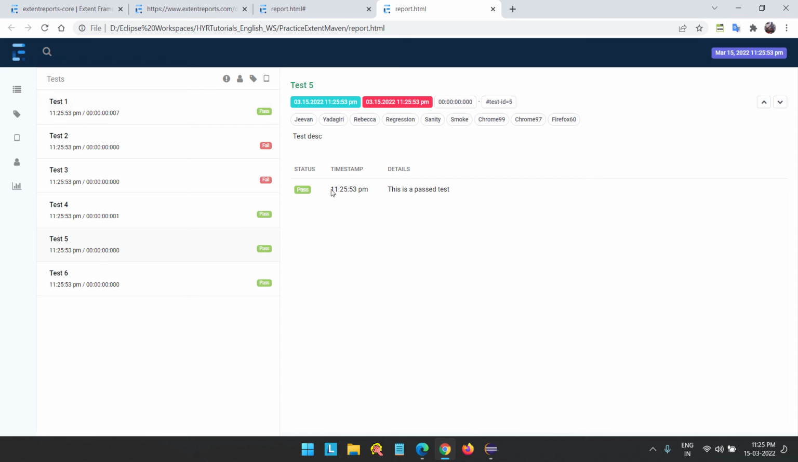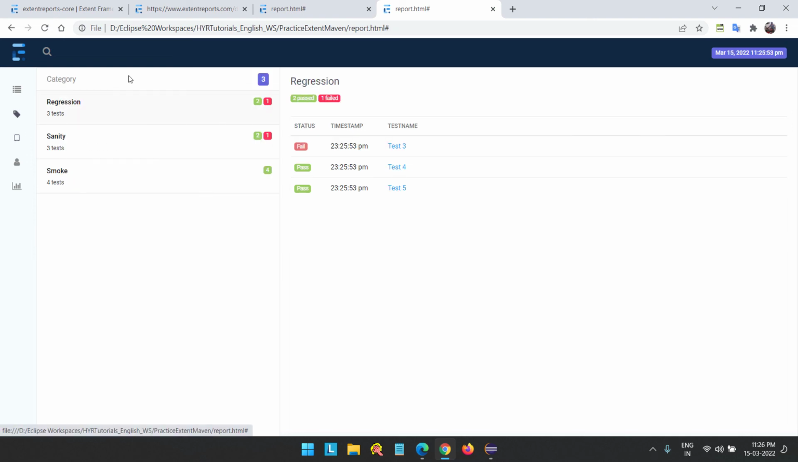If you see test 5, under test 5 you got every piece of information, right? The complete author details, the complete category information and the complete device information. Everything is mentioned here. And if you open test 6, even here it's the same thing, right? And now if you go to the category categorization,